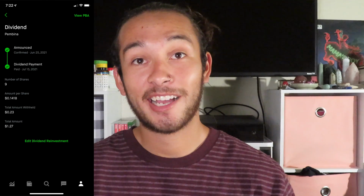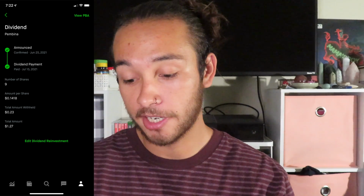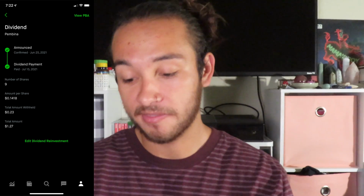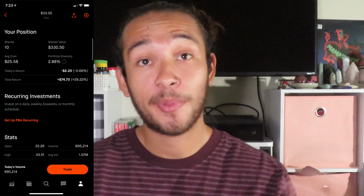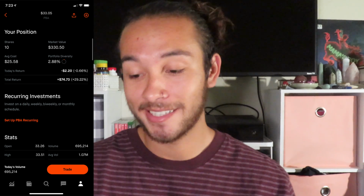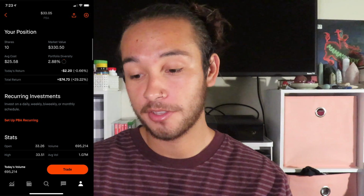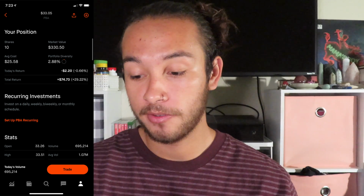The next payment that I got was from Pembina. At the time I had 9 shares. They're paying 14 cents per share, giving me $1.27, and then as we can see again, unfortunately they withheld 23 cents. But hopping into Pembina, I still have 10 shares at the average cost of $25.58, giving me a market value of $330.50, which makes up about 2.88% of my portfolio. I'm up overall